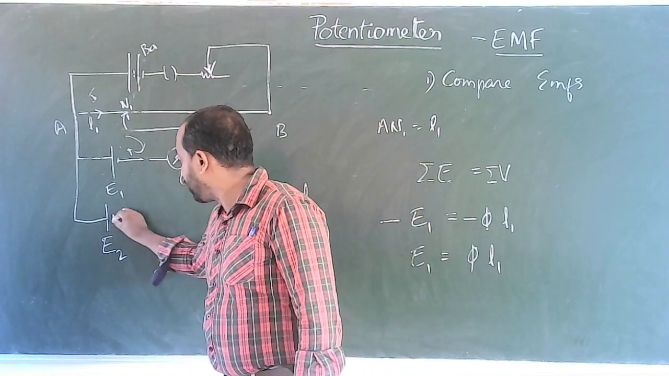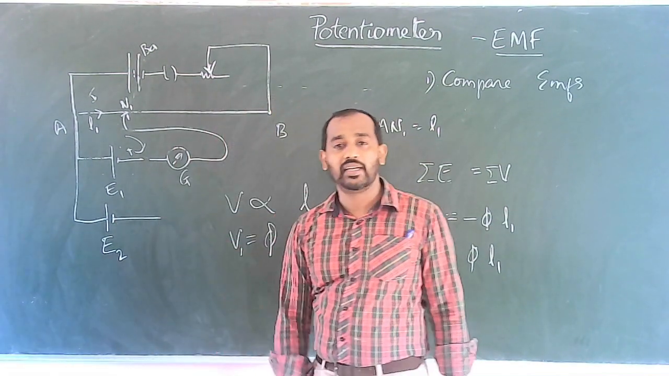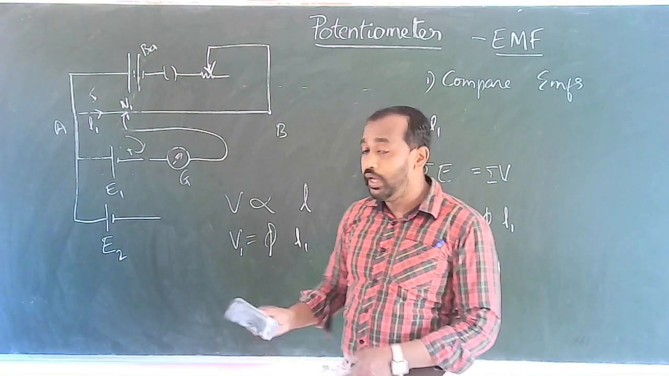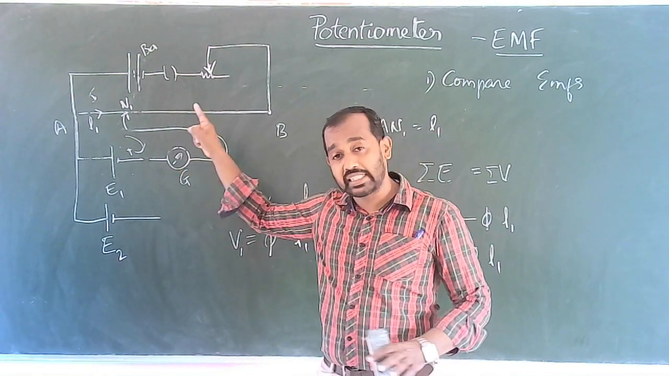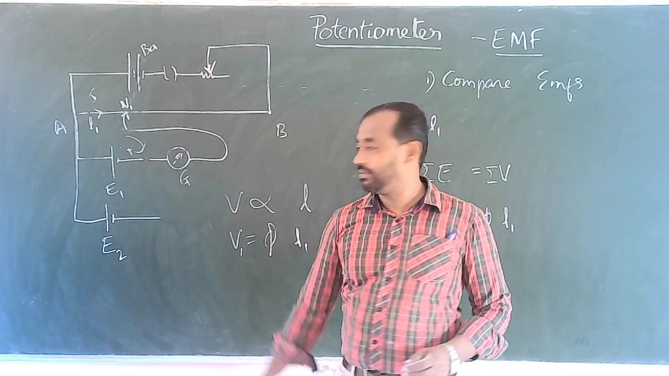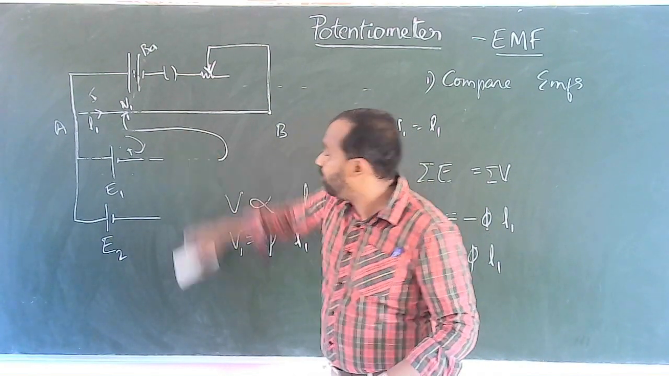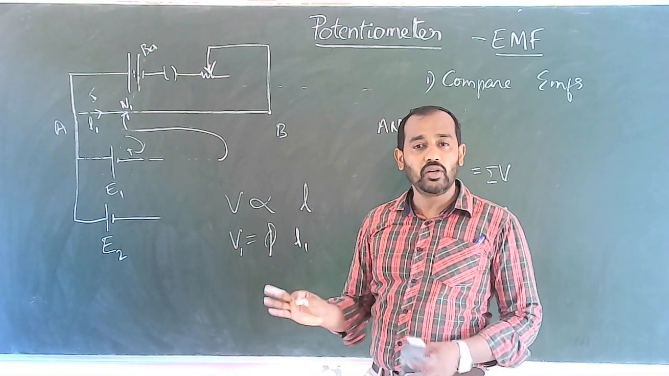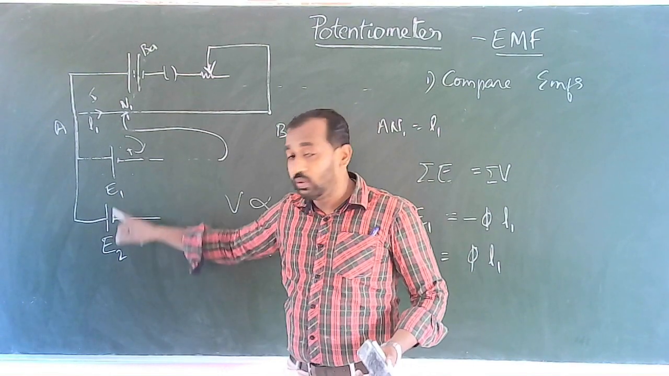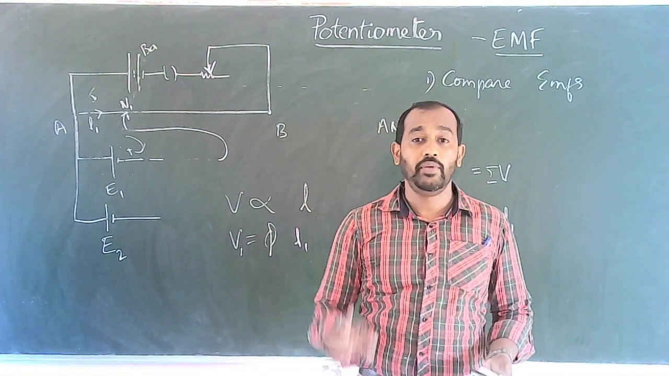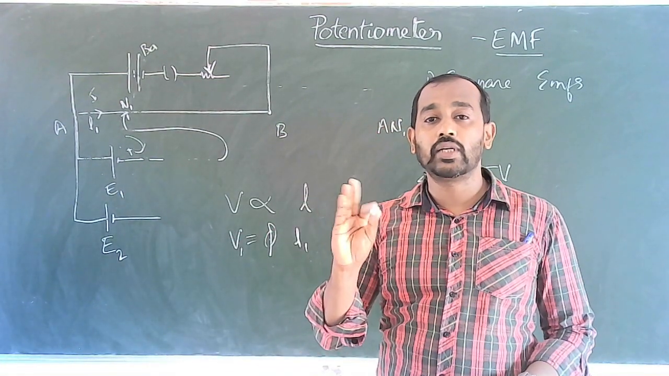Negative is connected to the galvanometer. Now look at the diagram. We cannot connect both the cells at the same time to the galvanometer. So for that, in order to connect these two cells one by one, we use a device known as a